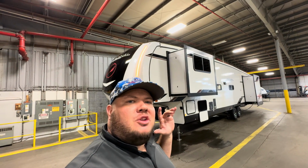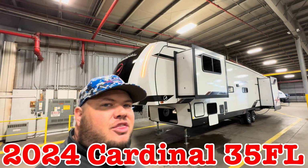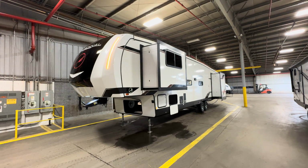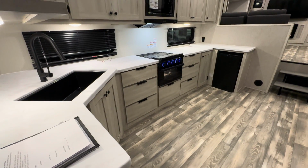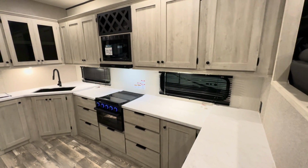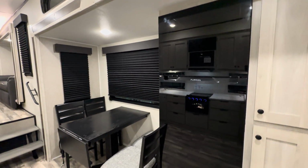Today, I'm gonna take you on a tour of a beautiful front living fifth wheel. This is the 2024 Cardinal 35FL. And I'll tell you what, right when you walk in, you're gonna notice this thing has more countertop space than just about any other RV on the market, along with cabinets. You're gonna get two refrigerators, one mini refrigerator and then another one on a slide that's in the kitchen with